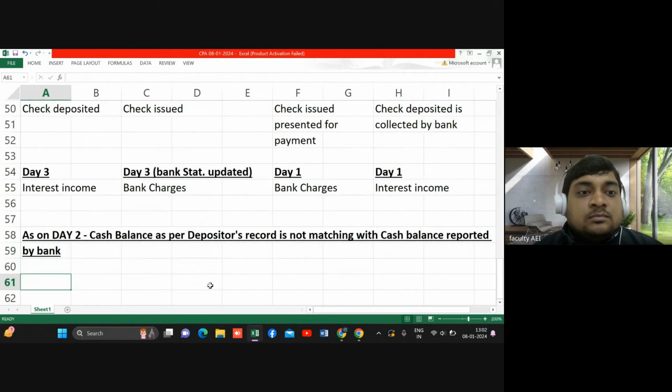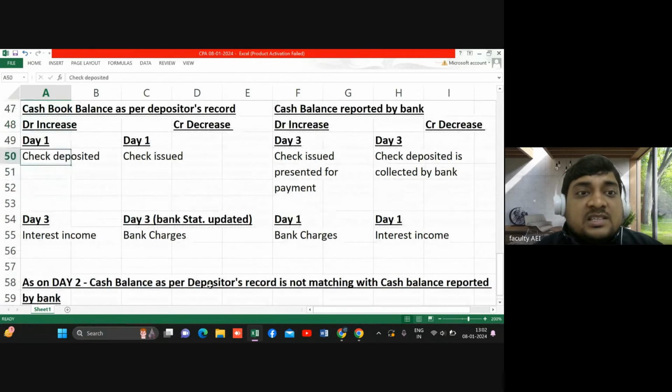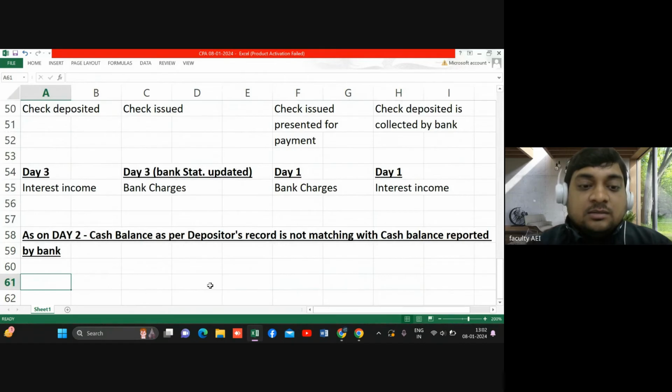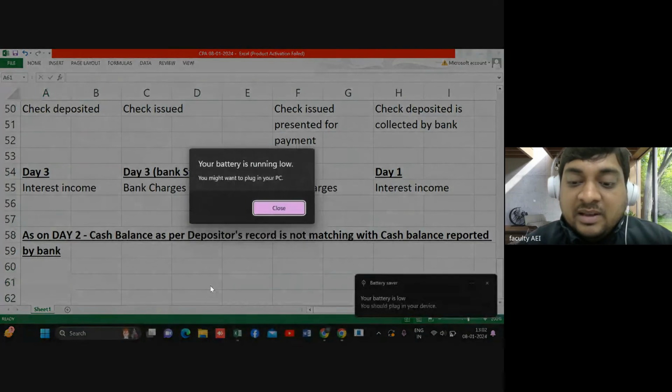Simple. Now, what are the differences? If you see as of day 2, this is deposited, but this is not yet collected. So we can see that number one difference is